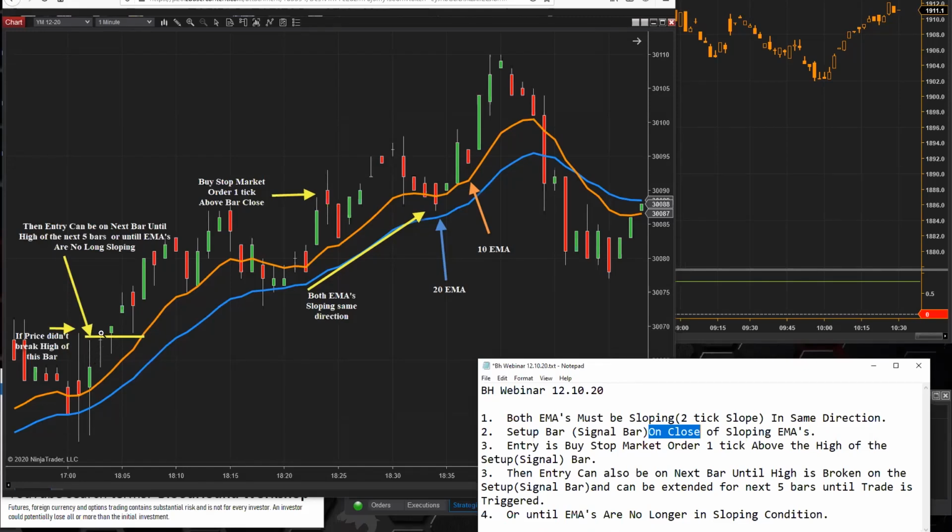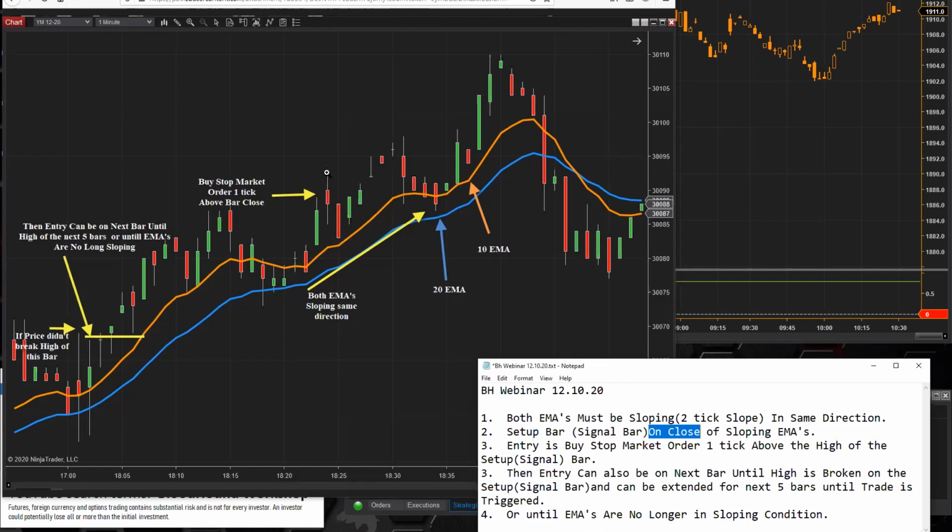The stop entry order is going to be one tick above the signal bar, right? So one tick above this doji. And we can see the next bar looks like it basically would have filled that entry order. Now over here, we're going to place our entry order one tick above the high of